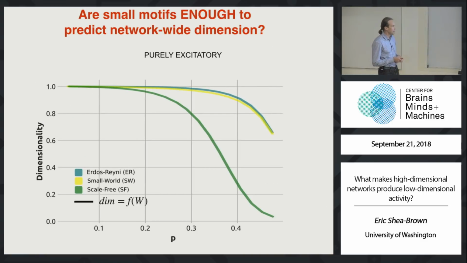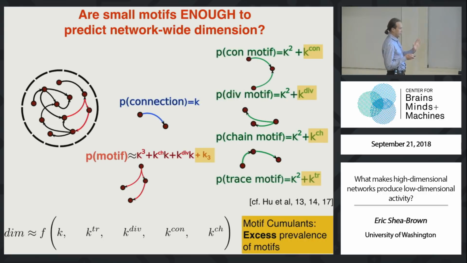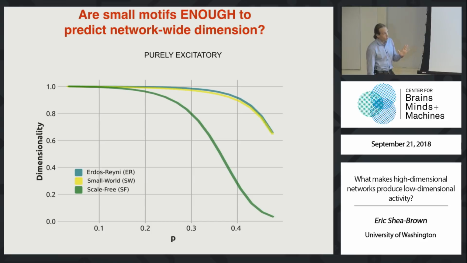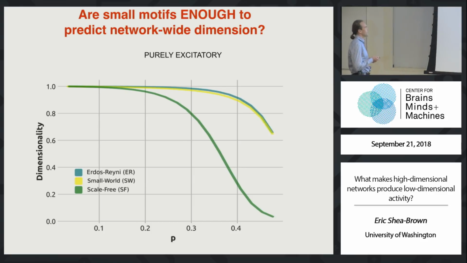This is the type of thing that, if it works, and it doesn't always work, solves our problem. Again, remember the question: give me a W, what about the W matters for the dimension? Answer: just measure short little things, just like Song did in 2005, plug it into some formula, and I'll tell you what the dimensionality is. That's useful, that's compact, and that's simple. Does it work? Sometimes, and sometimes not.